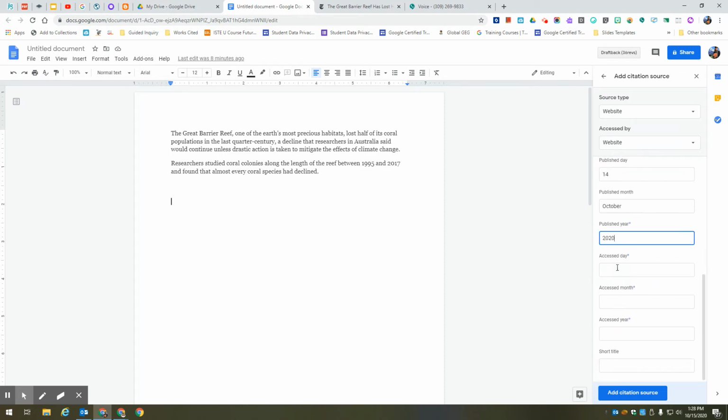And now it wants the day that I last looked at that website. And more often than not, it'll be the day you create the citation. So today is the 15th. Today it's October. The accessed year is 2020. And then right here where it says short title, I can leave this field blank because there's no asterisk next to it. That simply means this is optional, so I can include it or not. So I'll leave it out, and now I'll click